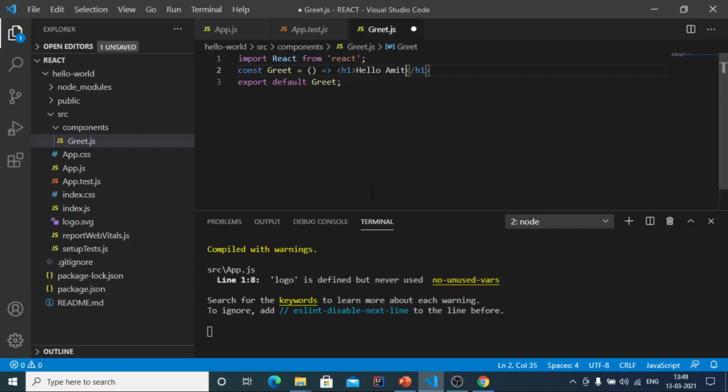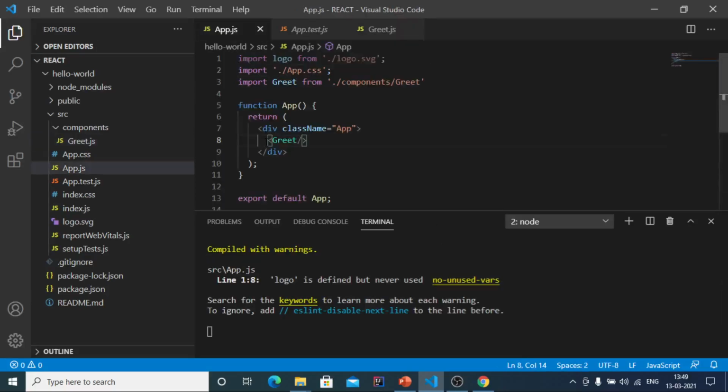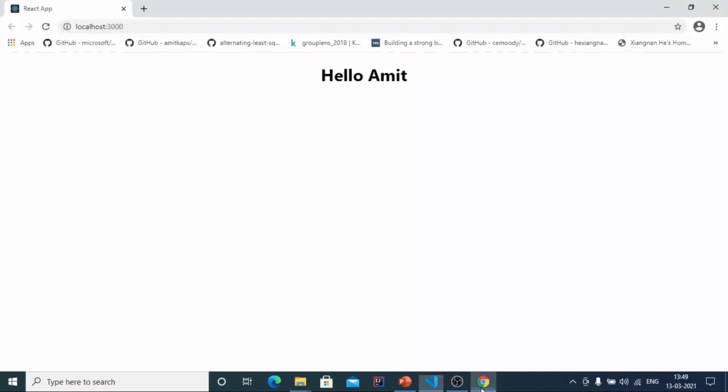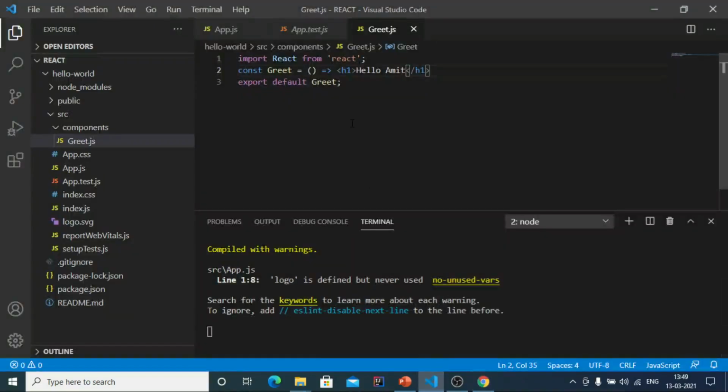So again we should be able to see the text Hello Amit in the browser, and this syntax is rather concise as compared to the previous one.